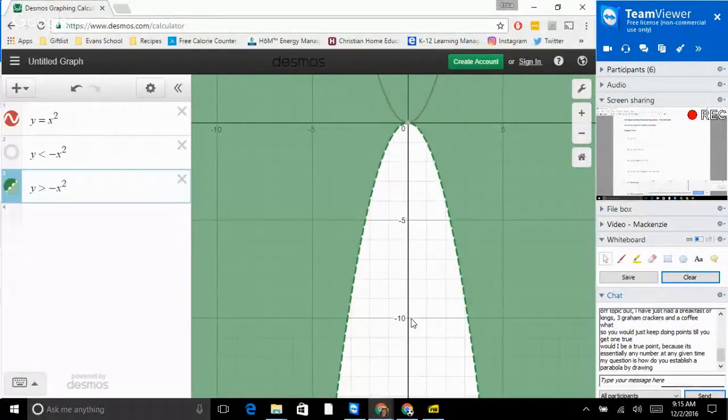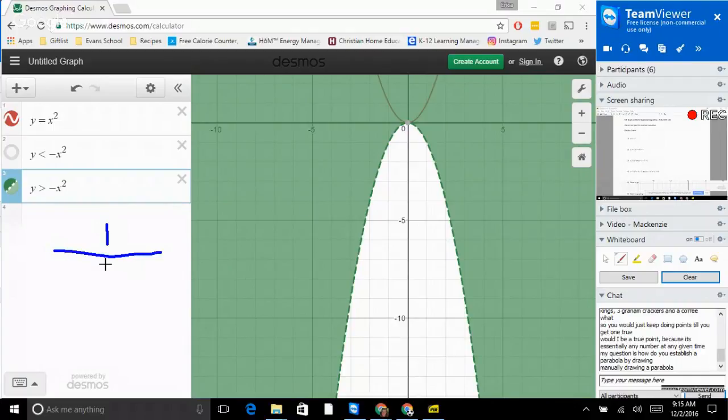My question, oh, so if you wanted to do the parabola without Desmos? Yes, manually drawing a parabola. Parabolas are a little bit trickier to draw, but completely possible. Okay, so if I wanted to graph this parabola